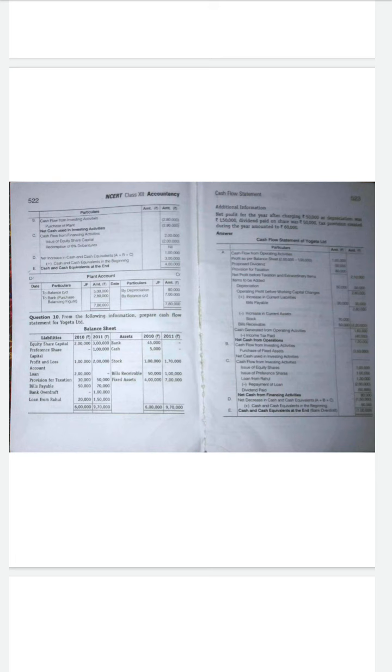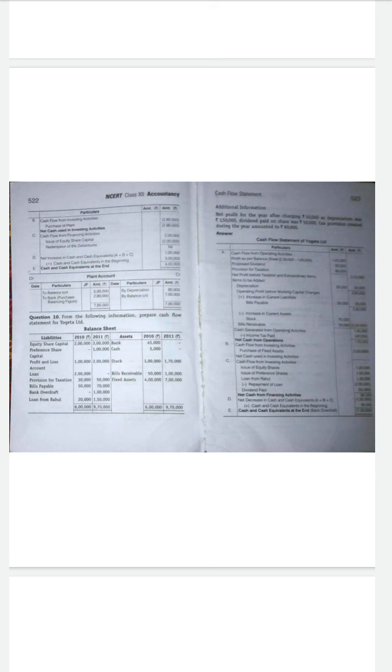Okay, so now you subtract. Already there is 1,20,000, that is the net cash flow from operating activity. It is positive, and now in investing activity there is a minus 3,50,000. So when we are subtracting, that is the net cash used in the investing activity. Okay, understood? So 1,20,000 is the net cash from operating activity we already calculated.